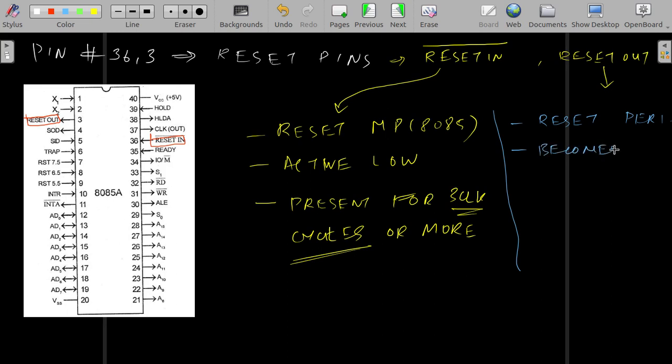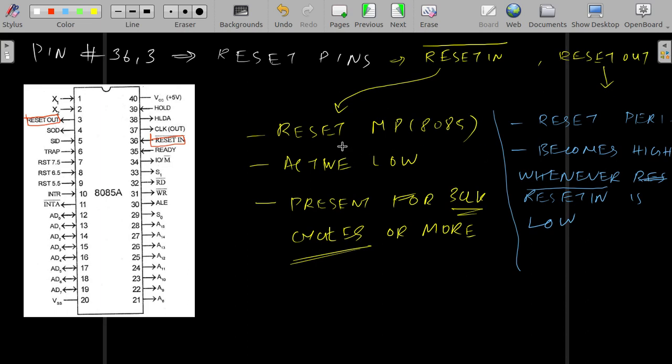This becomes high. High whenever reset in is low. Okay, whenever we are trying to reset, or the processor is using the reset in, this will go high,